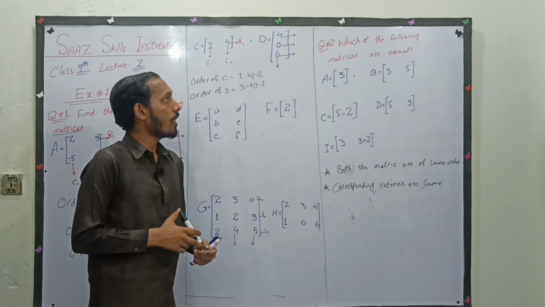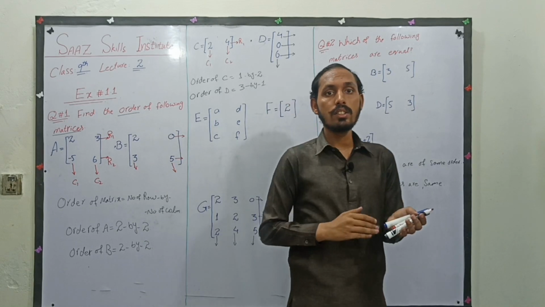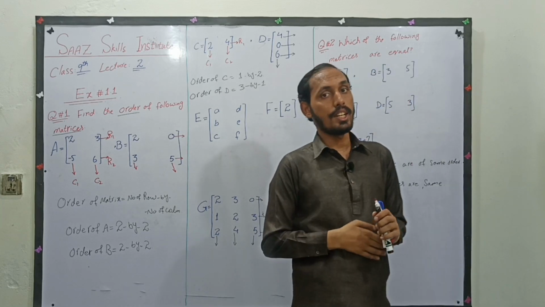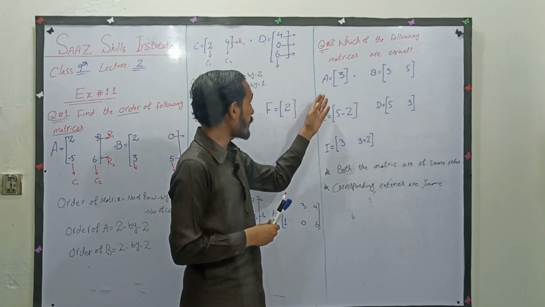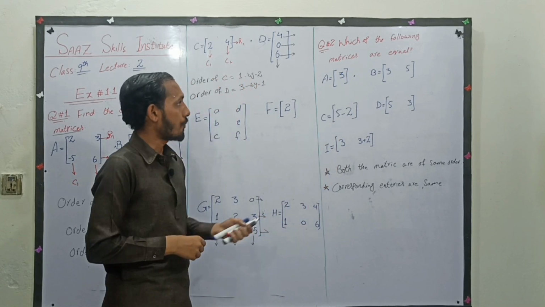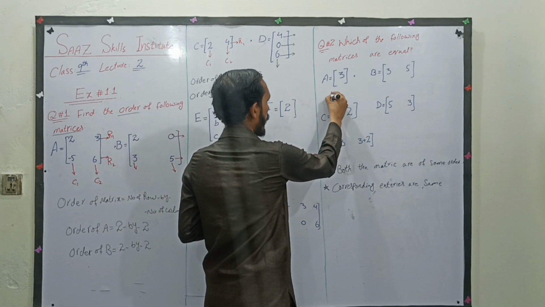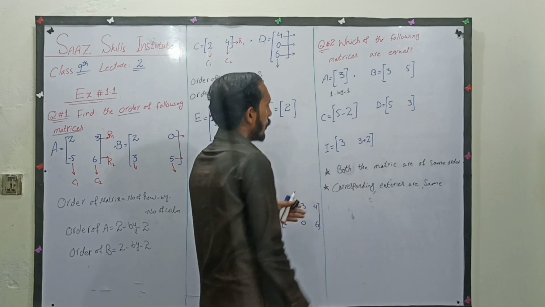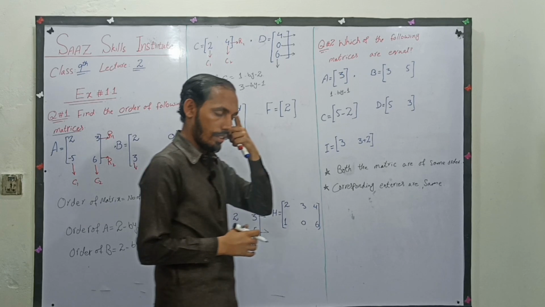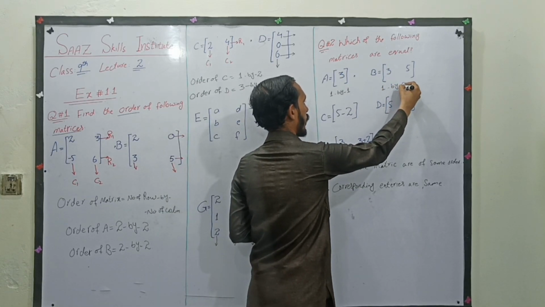So I have brought only 5 entries from question 2, but there are many more entries like A, B, C, D, E, F, G, H and I. But I have only written A, B, C, D and I. So first of all we have A is equal to 3. Just imagine its order is 1 by 1. Now look at all the entries, which of the following given matrices have the same order 1 by 1. If we write the order of B, it will be 1 row by 2 columns.